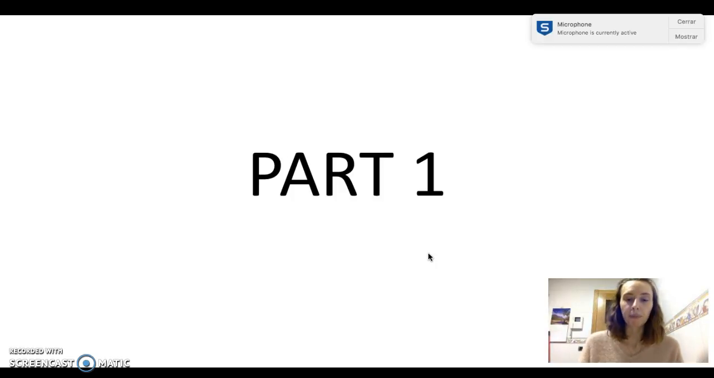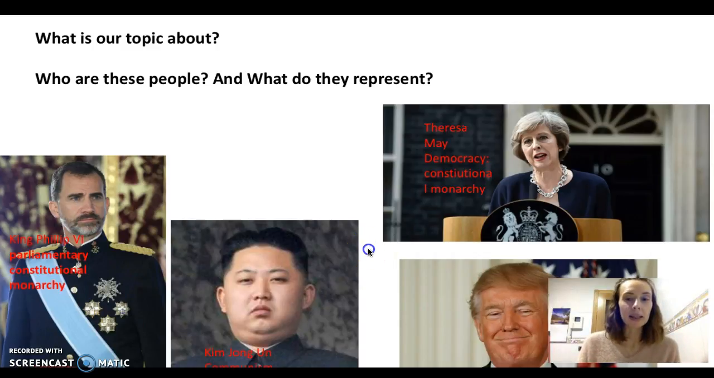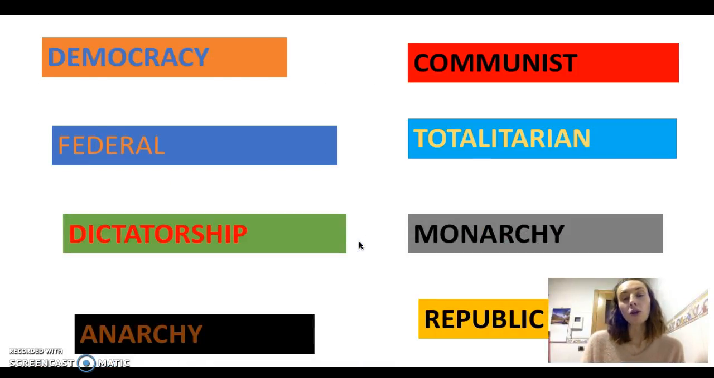Now, in part 1, to begin with, to go over students' previous knowledge, they'll be asked who people are, what do they represent, to introduce the topic also. And then they'll also brainstorm before they're shown their slides what different forms of government there are. And once we've done this, it'll move on to